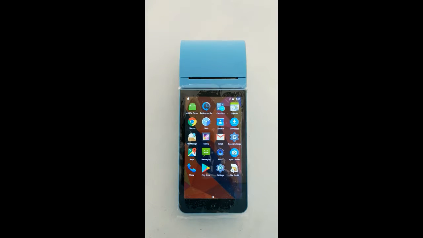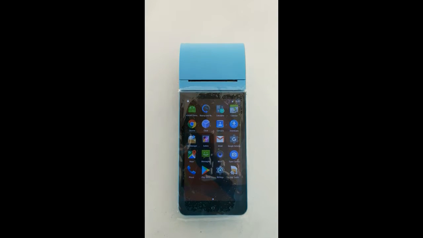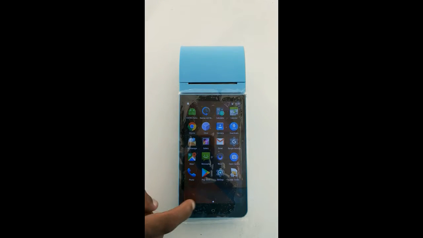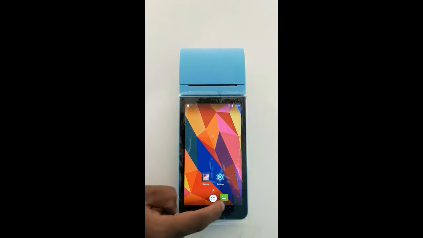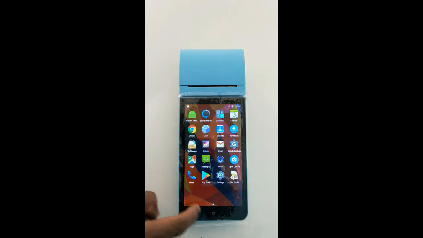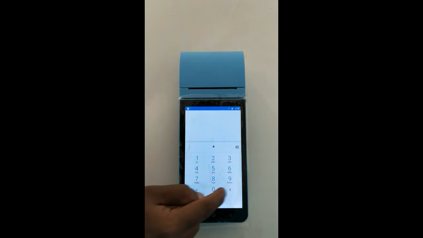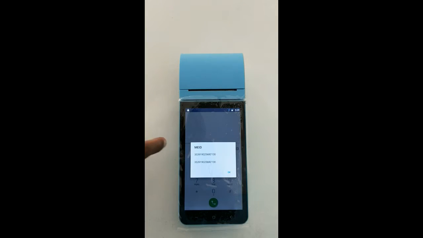In this video today I am going to show you how to change the IMEI number of the device. In some cases you will not get internet or a GSM network in your device. At that time you have to go to your settings and first of all check whether your IMEI number is correct or not. If you go to your dialer, the code, which most of us know, is *#06#. This will give me my IMEI number.